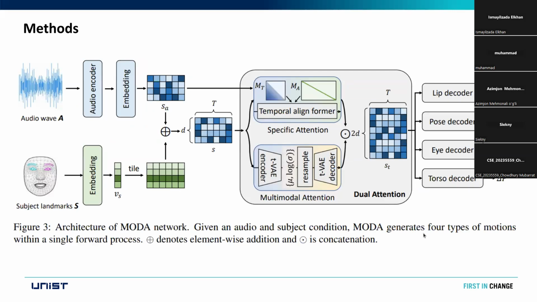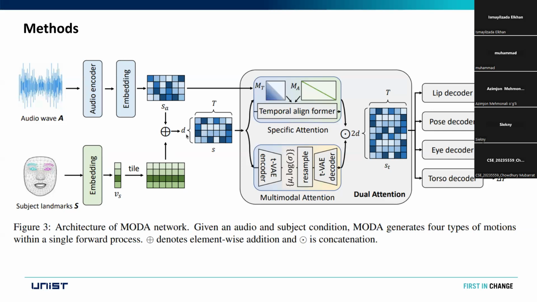This is the first stage of the network. We have audio wave and subject landmarks produced from the subject portrait. The audio encoder is a simple wave to vector, like a previous method. Then we use embedding. Embedding is just a fully connected network. Then we have embedding of the subject landmarks. Then we add them element wise, and we have